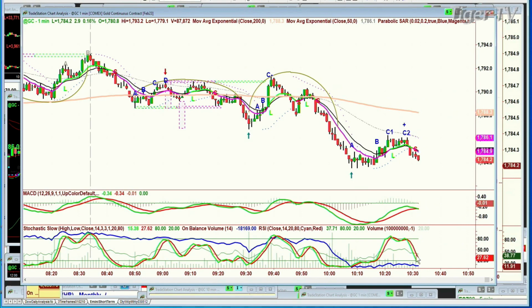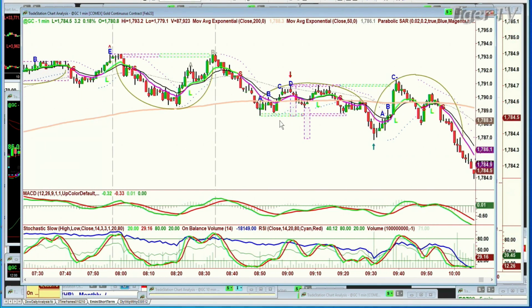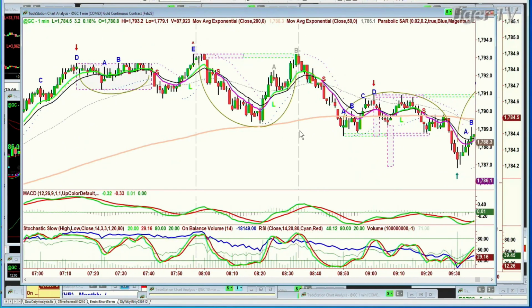But it's really struggling. The stochastic has the red, that's the slower moving average, that is the 14-period. In this case, the 14-period moving average that's red, and then the green one is the shorter one, and the stochastic is pulling back, but it's not really at this point giving you strength, and the on-balance volume is very weak. So you've got to watch that. This is the gold. But look at these moves. Look at the pattern. I just showed you testing the left side and the right side vertical move.